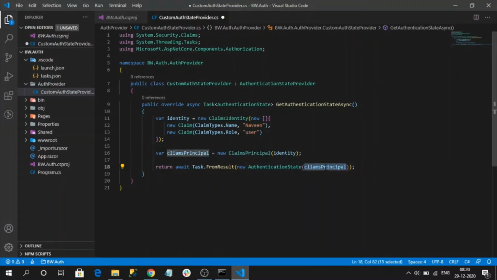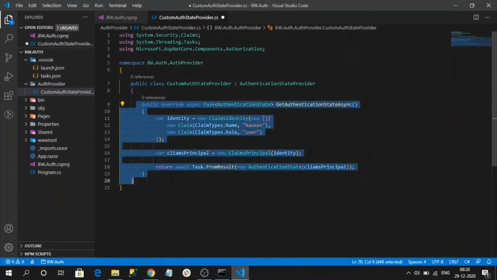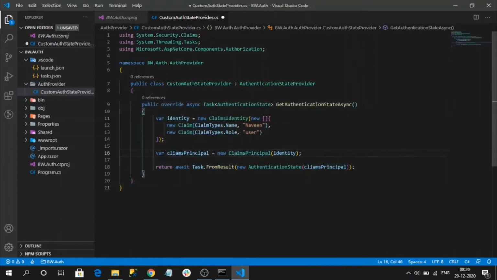So we are done with our fake authentication. This is enough. When the client principal has some roles, it makes the entire application authenticated. But there are a few more steps to configure this authentication. We need to register them in the Program.cs file.